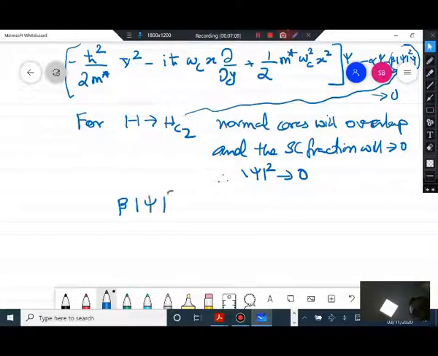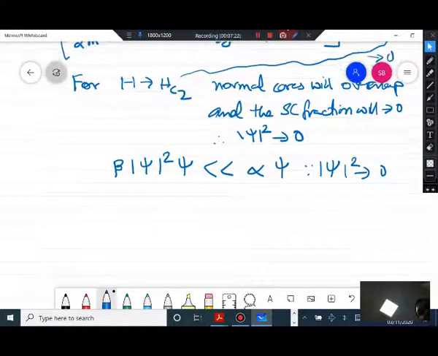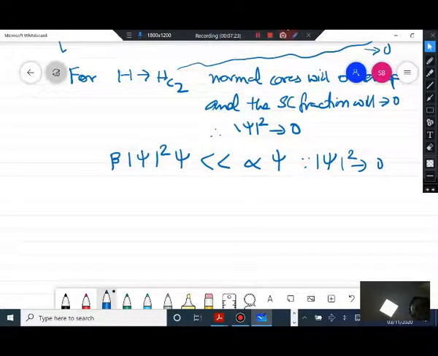So beta mod of psi square psi will be much less than alpha psi, because mod of psi square will tend to 0 as your normal cores will start overlapping, so the superconducting condensate fraction will be almost negligible, and therefore the above equation is almost like a Schrodinger's equation, h cross square by 2m star